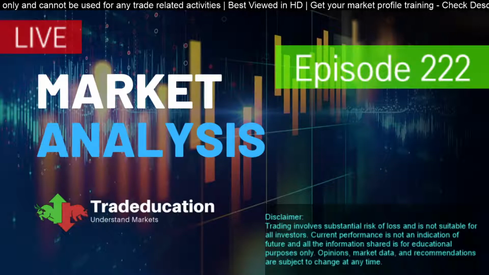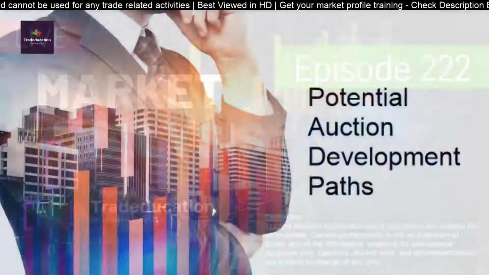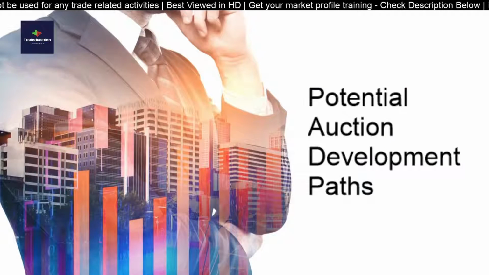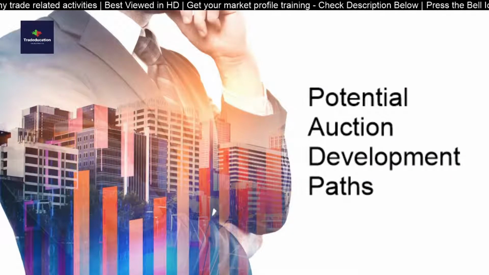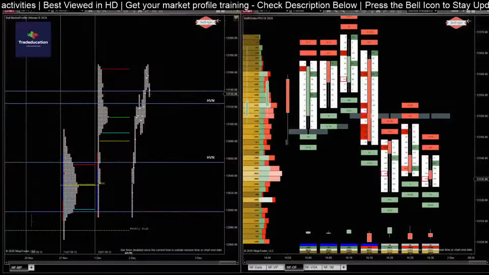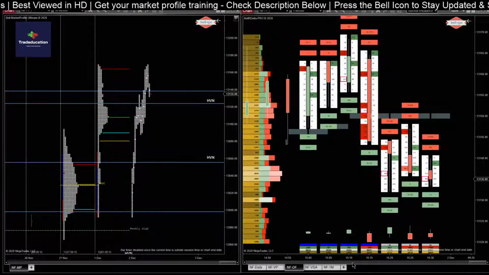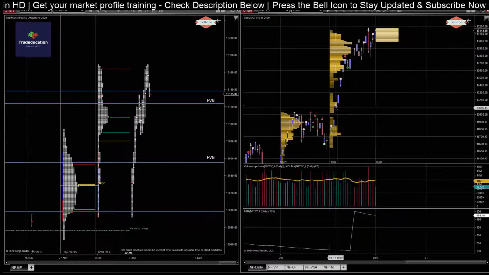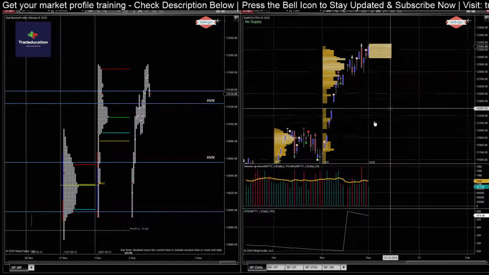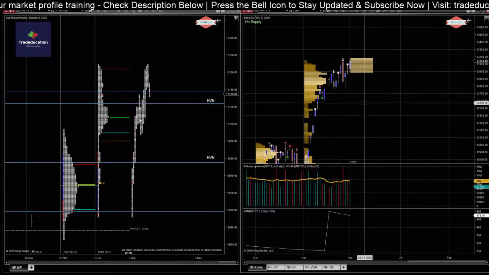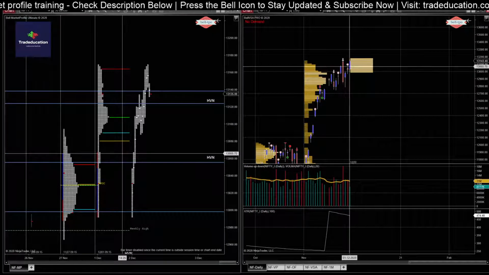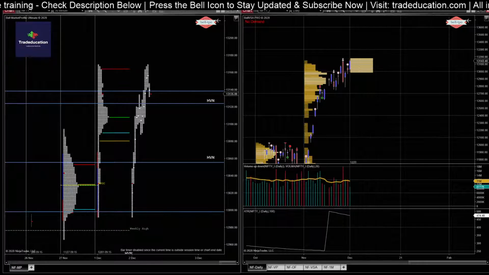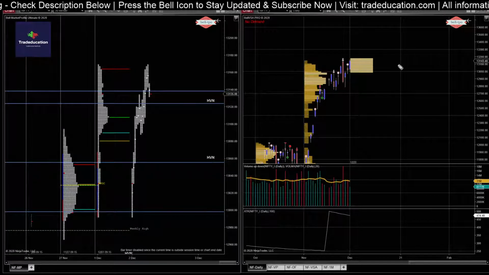Okay, so let me quickly share my screen and let's look at what can be the potential auction development paths for today and what happened yesterday in the overall auction. How the auction developed. So let me just jump to the daily chart. And right now the December contract has started, and what the December contract has done is,